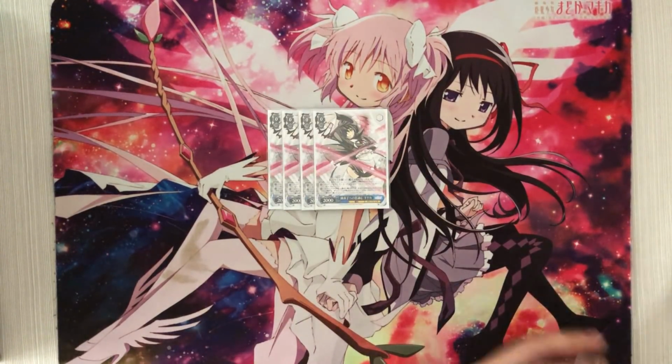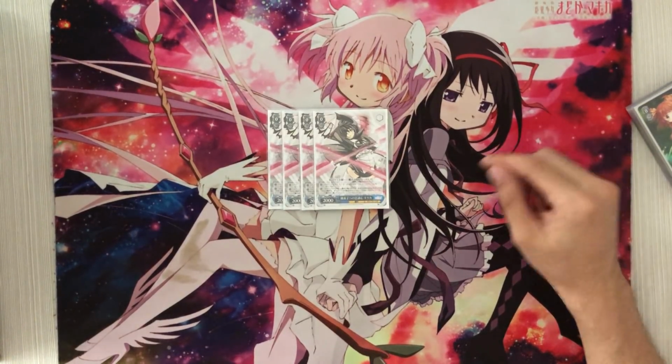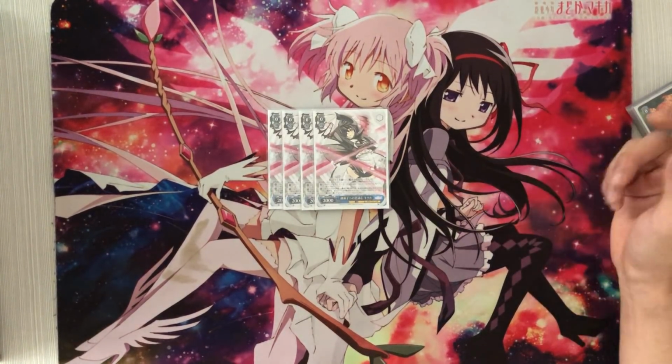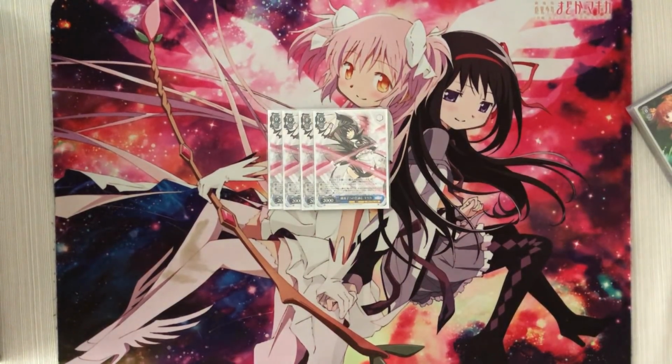Its effect is, on play, reveal the top card of your deck, and if it's a magic character, you can put it underneath her as a marker, and if she has a marker underneath her, she gets +1 level and +1500 power. So it's a pretty common profile, but it's a profile that I actually like a lot. Not only because it's a pretty good early game level 0 play, she just becomes a 3-5 level 1 beater,